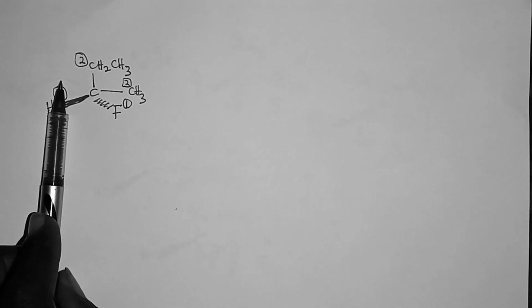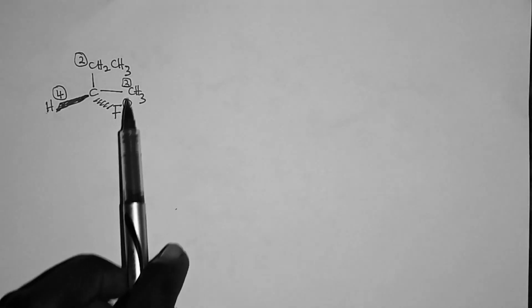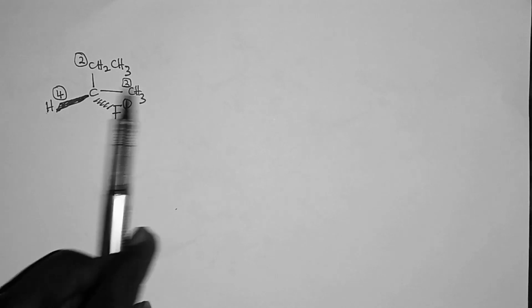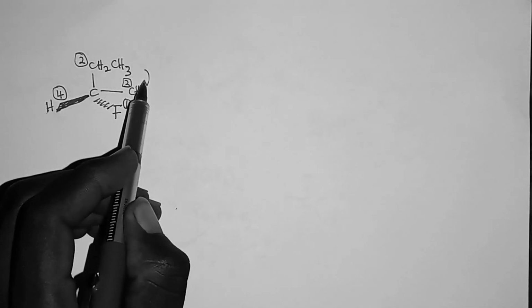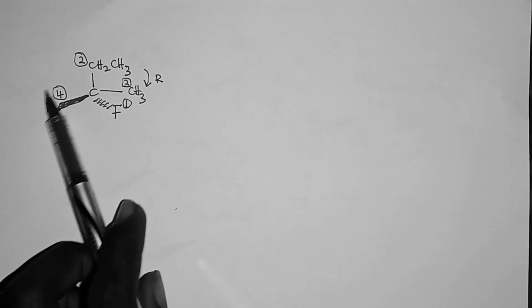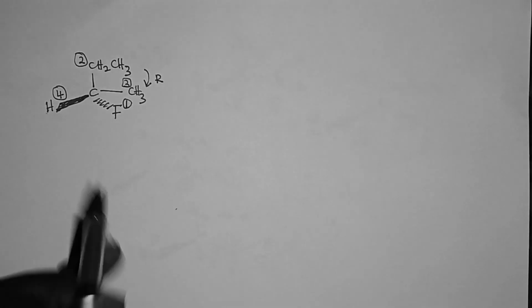If we cover the least group, here becomes 1, 2, 3. So it is moving in this direction, which is an R. However, because the least group is pointing towards us and not pointing away from us, we'll negate the configuration, and therefore this is an S